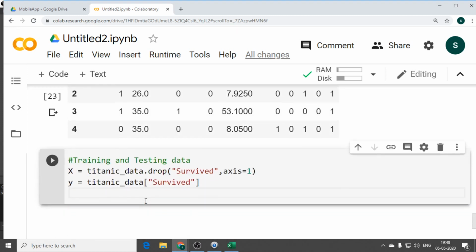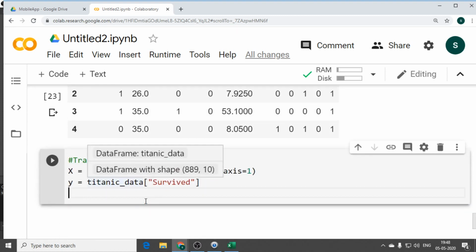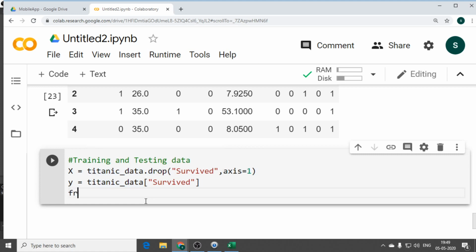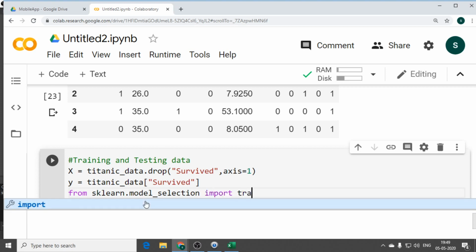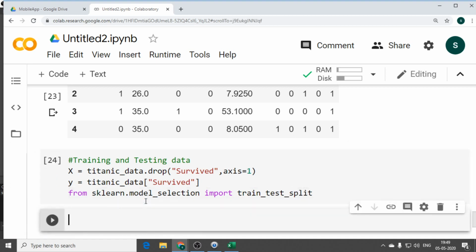Then I need to split the data. See, the target is survived. That is a very silly question, because we are traveling in a ship. What will my machine learning model do? It will try to classify whether a person is alive or dead from the data. That is the target, whatever I am trying to tell y. So from sklearn dot model underscore selection, I am trying to split the data: train underscore test underscore split. Don't worry, every question will be answered, and we are going in a very smooth way.